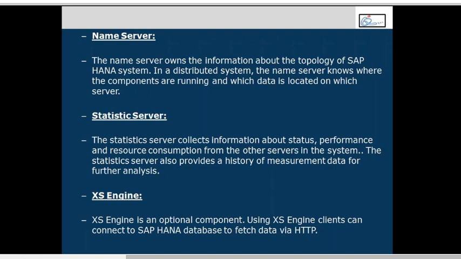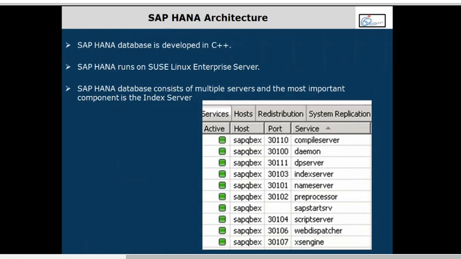So having the Access Engine in your HANA server makes it a platform. That's what I discussed the other day about all the front-end services and the database. So like this, we would have all the servers, but out of these, the main server would be what? The index server.